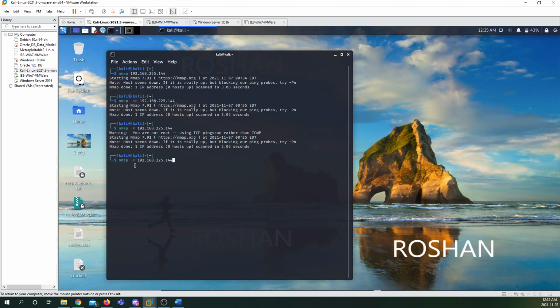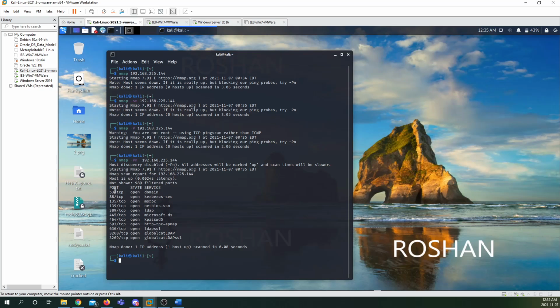Okay, so I need to type -Pn because if it's blocking our ping probes, try -Pn. So I'm trying Pn. Okay, and I can see the ports which are open, and I can see that port 139 and 445 are open, which are used by the SMB